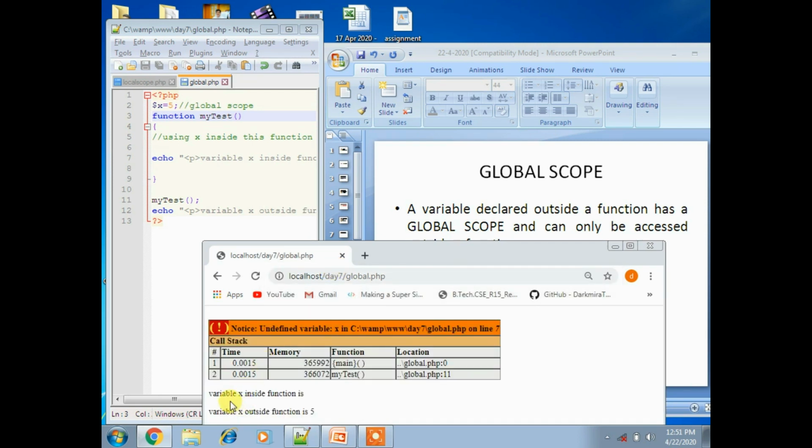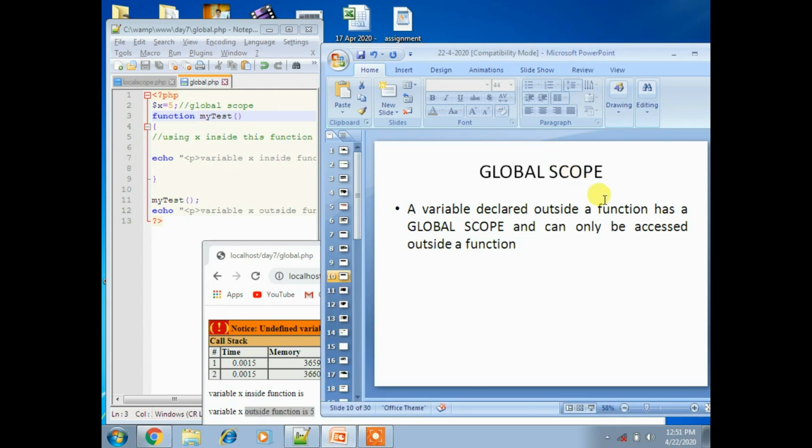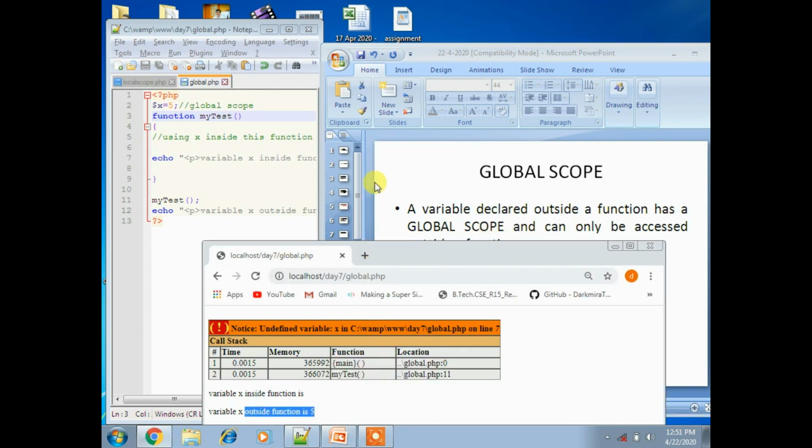Now see here, the variable x declared inside the function is not displaying its value, and the variable x outside the function is 5, that is displaying a value. That means a variable declared outside a function has a global scope and can only be accessed outside the function, so outside the function we are accessing it now. So it's a global scope.